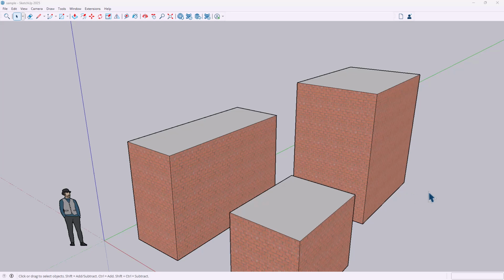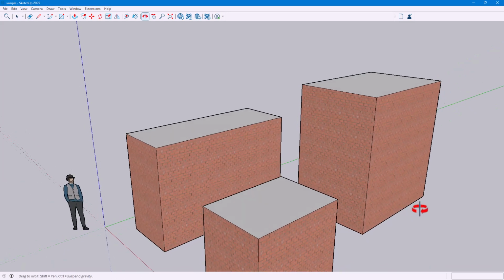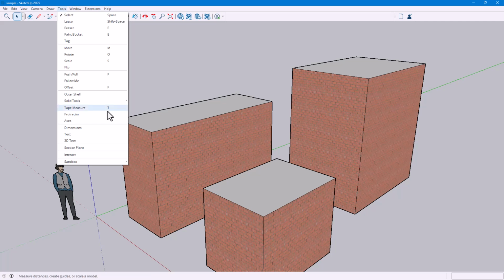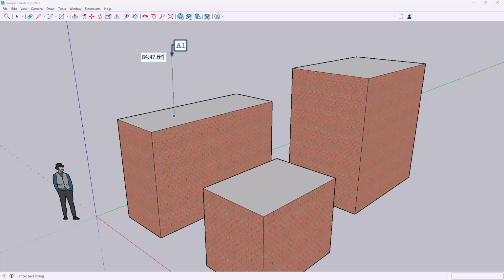So one of the things that you can do with the models that you have in SketchUp is go ahead and add in label text. To do that, you need to go onto, let's say for example, the Tools menu, and then go over here onto text. Then if I were to click on any face, you can see that I get the total square foot of that particular